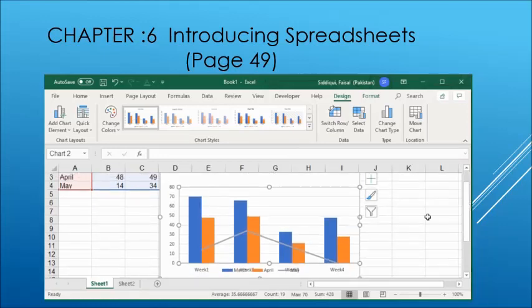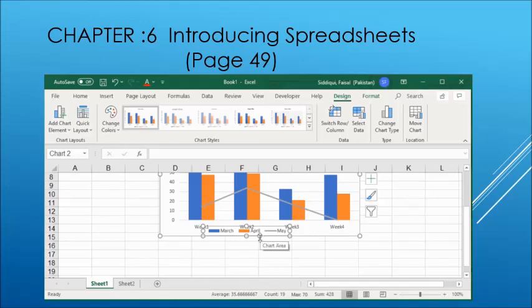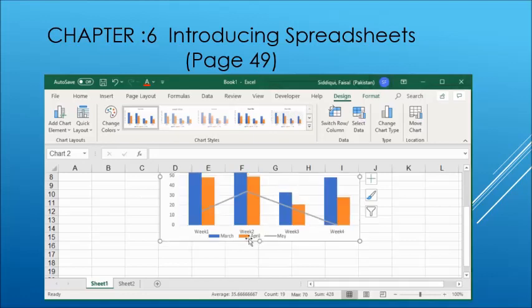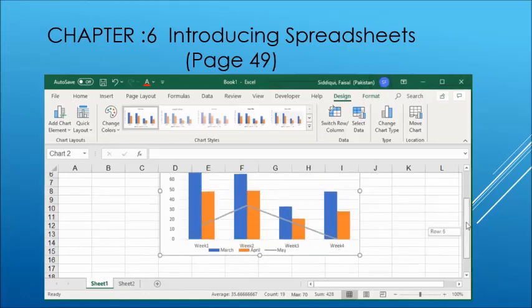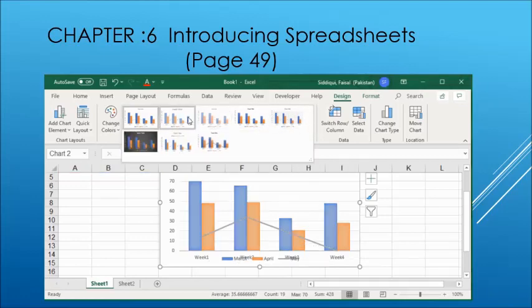spreadsheet like this. It is presenting the monthly sale of books. The books that we have sold during 3 months are presented here in this chart. You can see here a chart for March, April, May, week 1, week 2, week 3 and week 4. In order to present the trend, we have also drawn a line. This is also given in the shape. We can also select different styles for our bars like this.